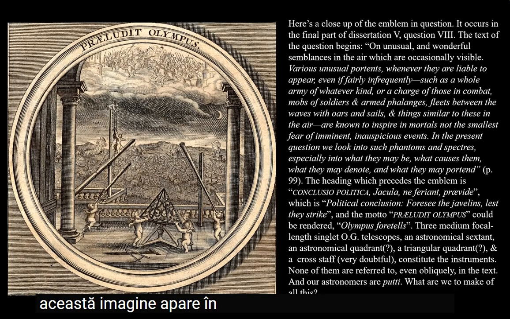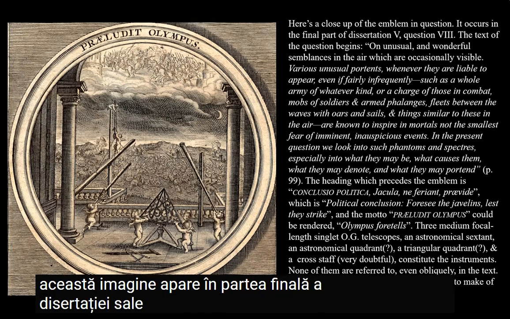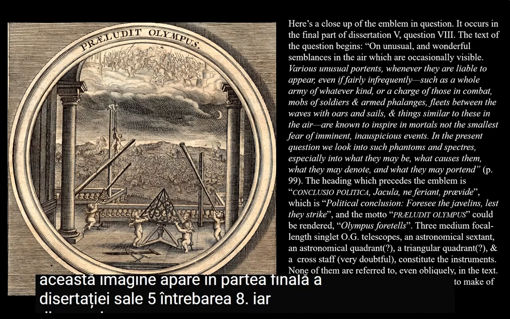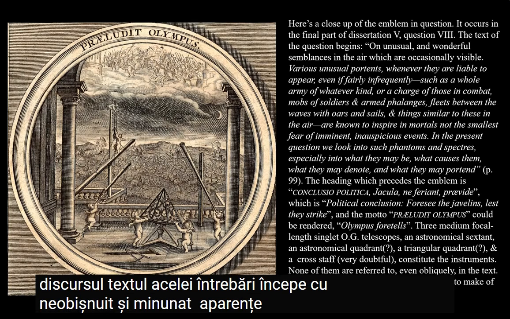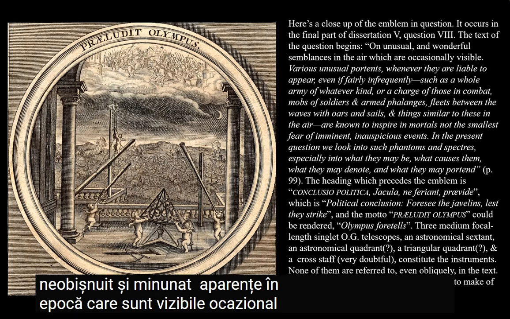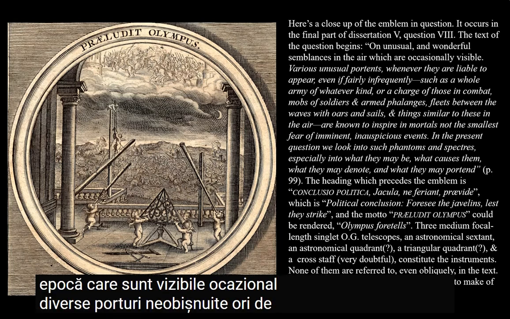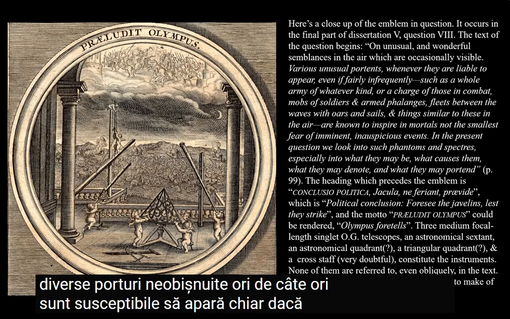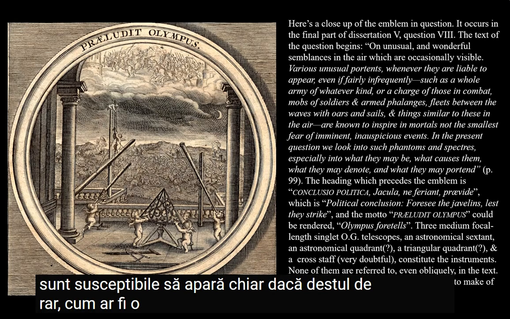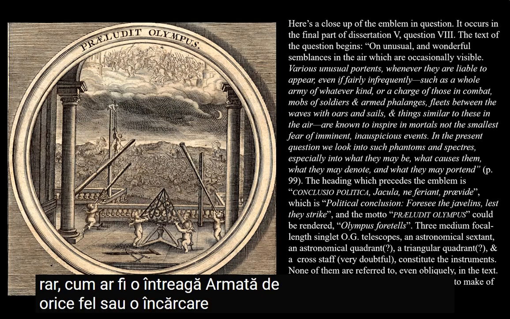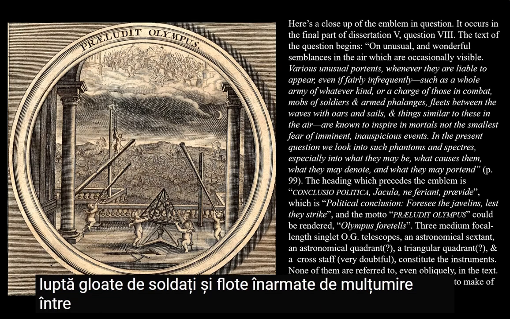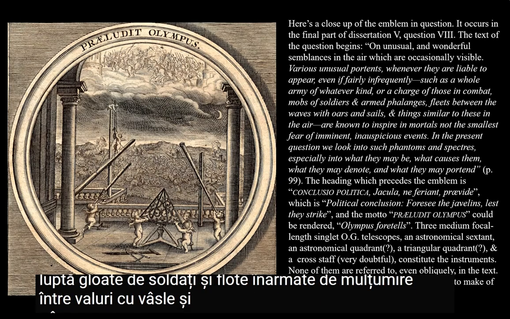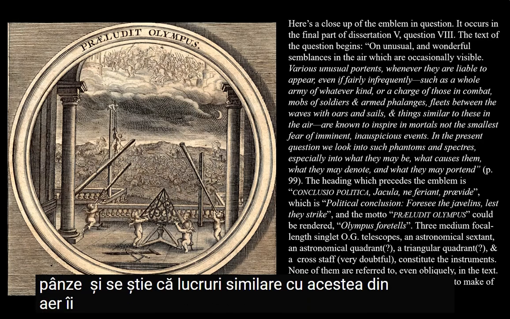This image occurs in the final part of his dissertation 5, question 8. And the text of that question begins, on unusual and wonderful semblances in the air which are occasionally visible. Various unusual portents, whenever they are liable to appear, even if fairly infrequently, such as a whole army of whatever kind, or a charge of those in combat, mobs of soldiers and armed phalanxes, fleets between the waves with oars and sails, and things similar to these in the air, are known to inspire in mortals not the smallest fear